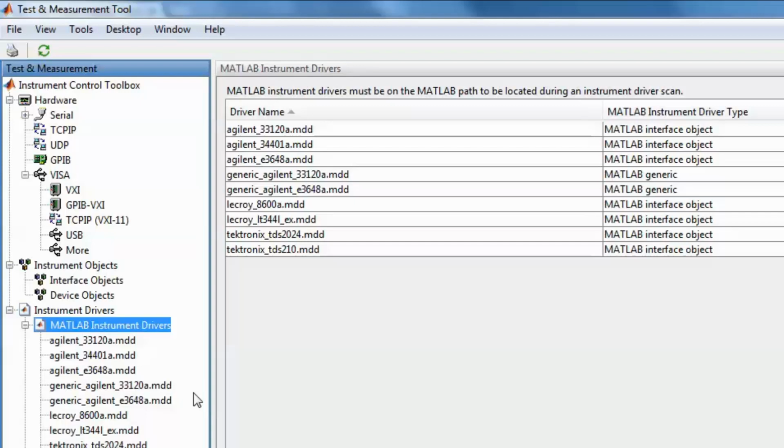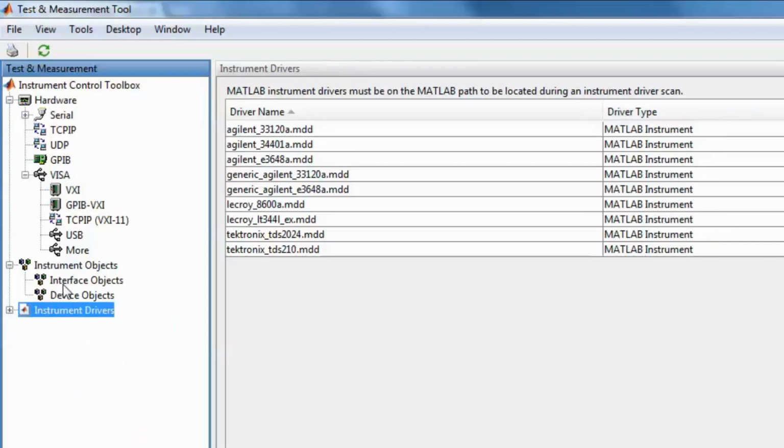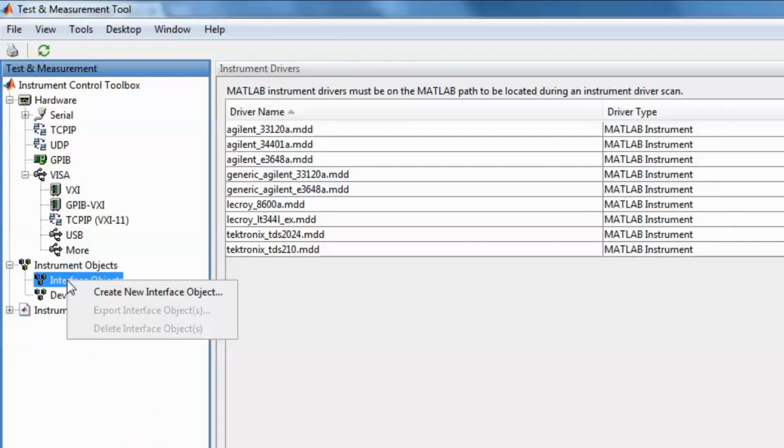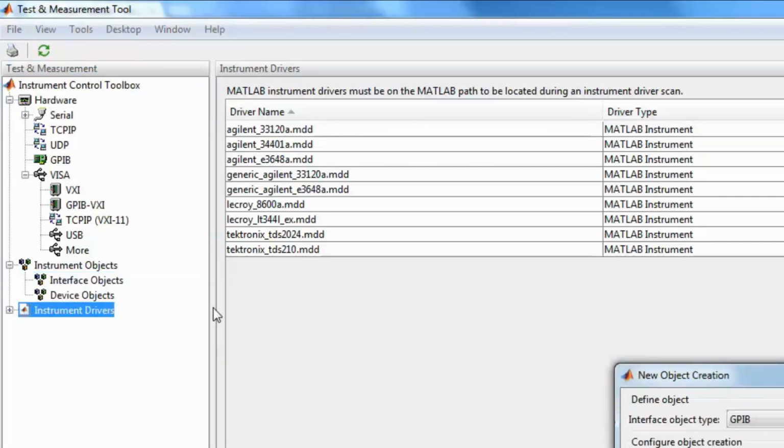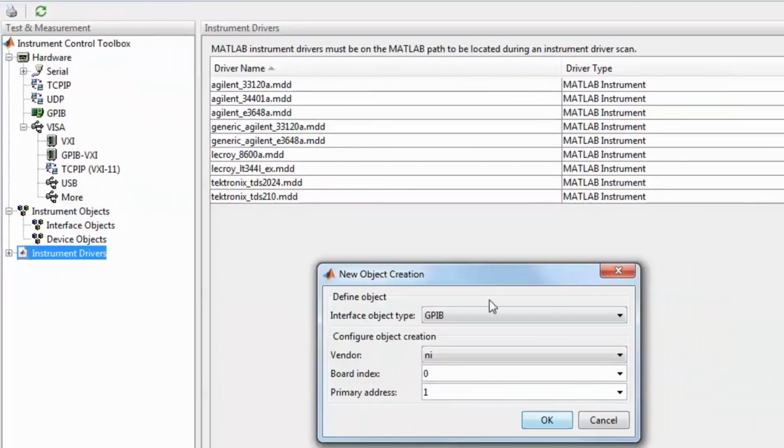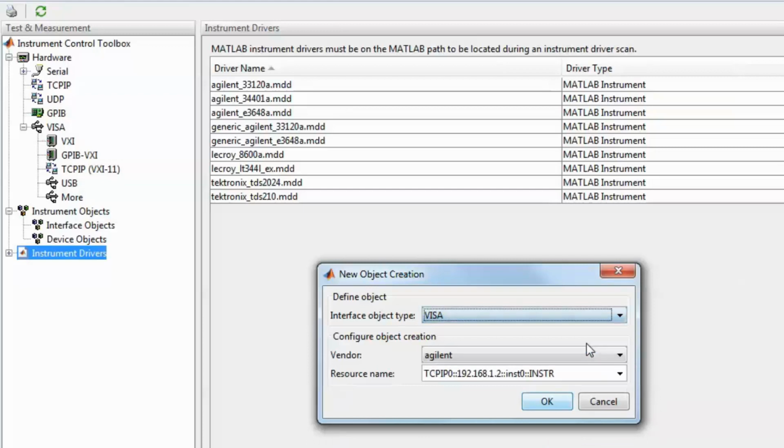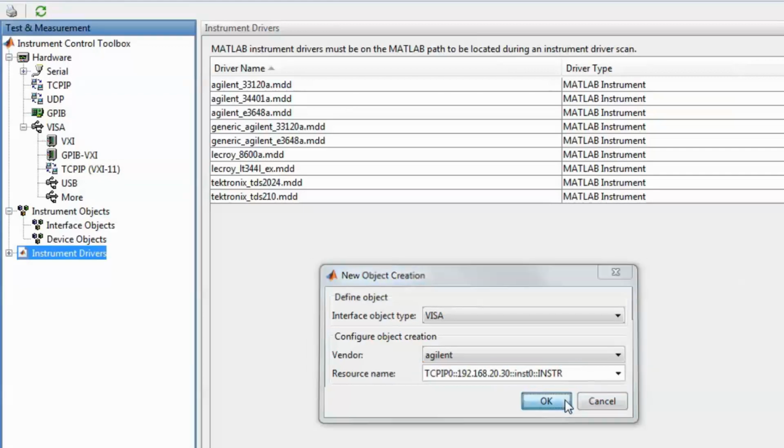In this tutorial, what we will be looking at will be the first method, which is communicating with the instrument through interface objects. The first step is, of course, creating the interface object itself, creating our port through which we can have bidirectional communication with the instrument. We have seen how to do this in the previous tutorial. We basically need to find the correct VISA address for our instrument, and then we can simply create the interface